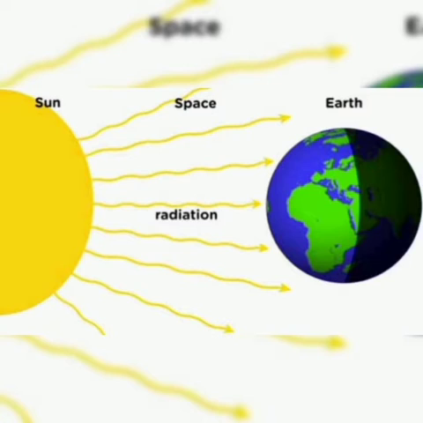For example, the earth is warmed by the sun, but the sun is about 150 million kilometers away from the earth. How does the sun's heat reach the earth then? We know the process of conduction or convection is not possible in this case because both require matter to transfer heat. The sun's heat reaches the earth in the form of radiation.